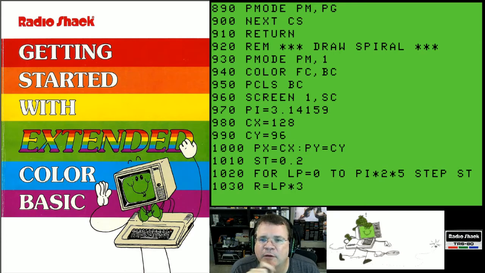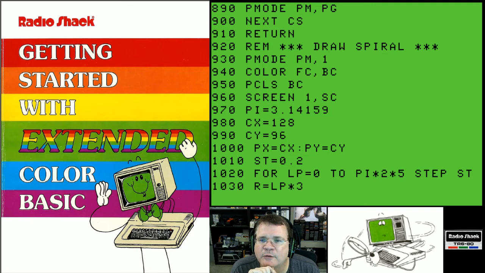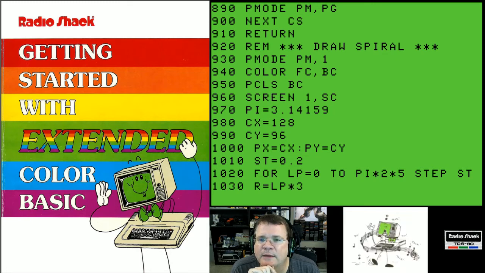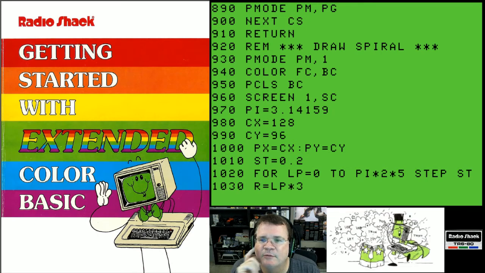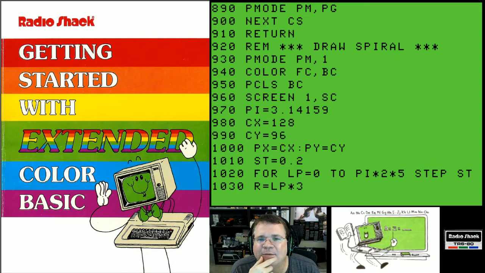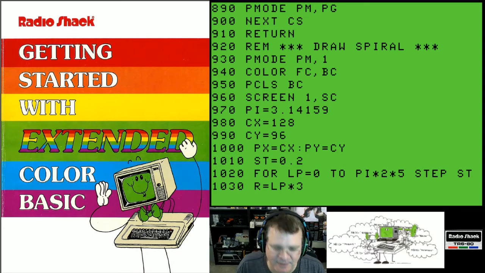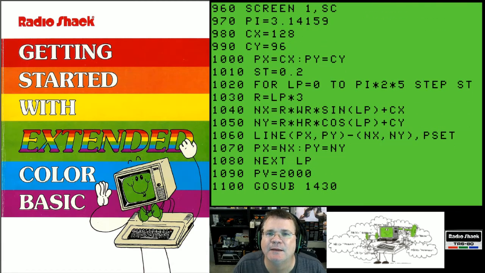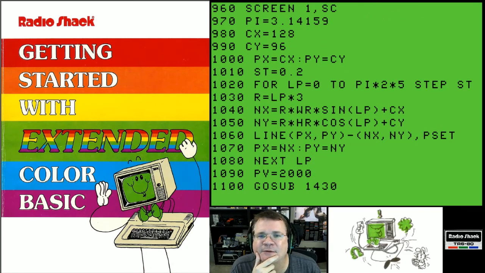We've got a multiplier of 0.02. We've got a loop for LP equals 0 to pi times 2 times 5, step ST, which is 0.02. And then we have a radius value equals the loop times 3. And then we have, oh my goodness, this is blowing my mind. Oh, and we're actually doing